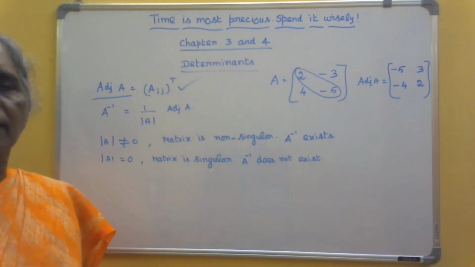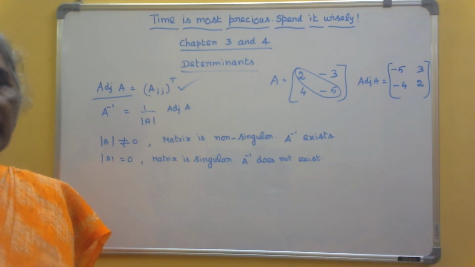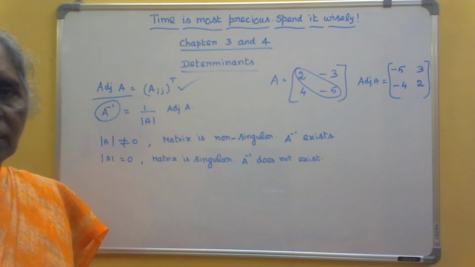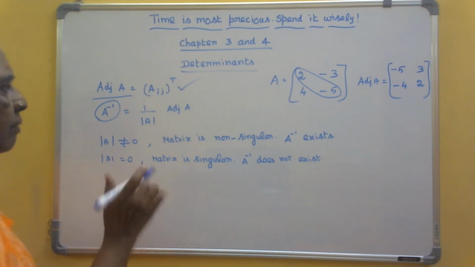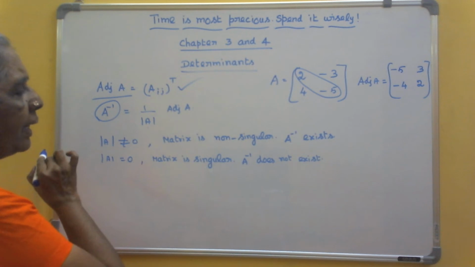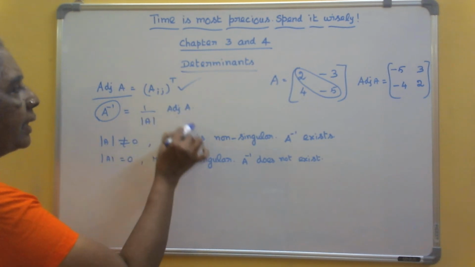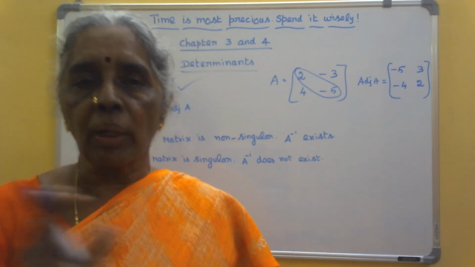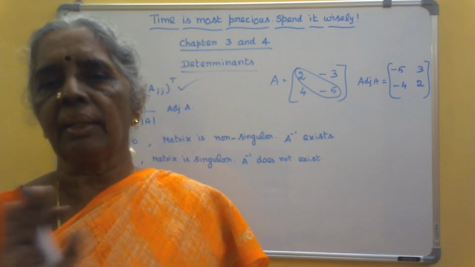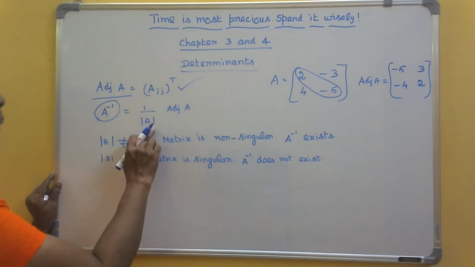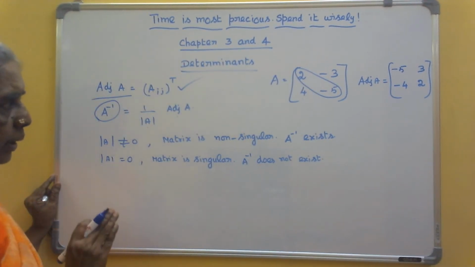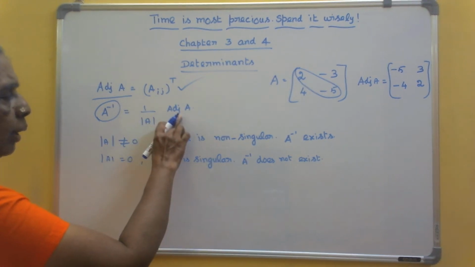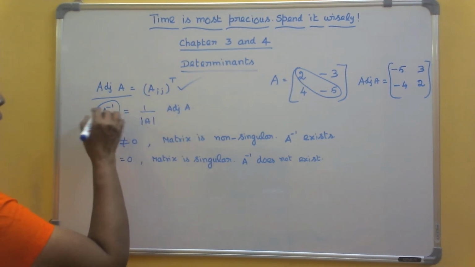Then what is the inverse of a matrix? That is A inverse. This is the symbol you have to write. A inverse is not 1 by A, okay? A inverse is 1 by determinant A into adjoint A. Adjoint A and inverse A are matrices. You should know clearly what is a matrix and what is a determinant. So it is 1 by determinant A into adjoint A. Determinant A you can calculate and adjoint A you have to find, and using this formula you will get A inverse.